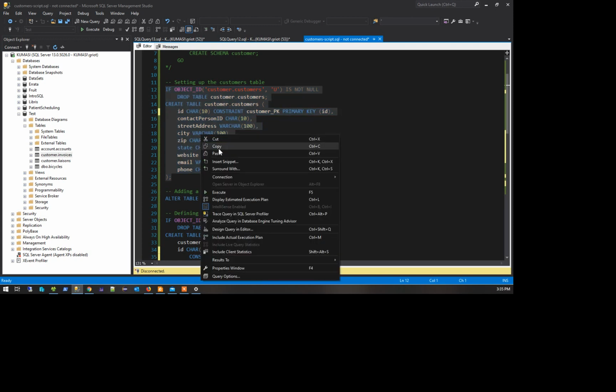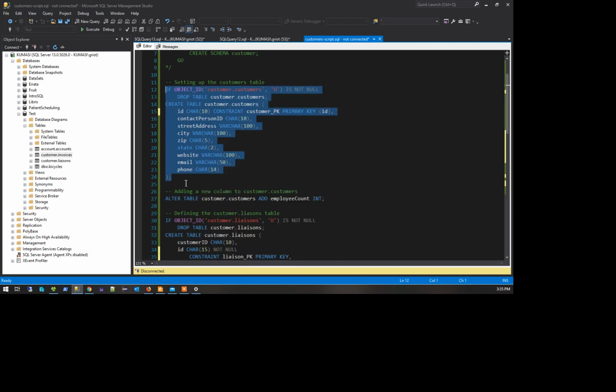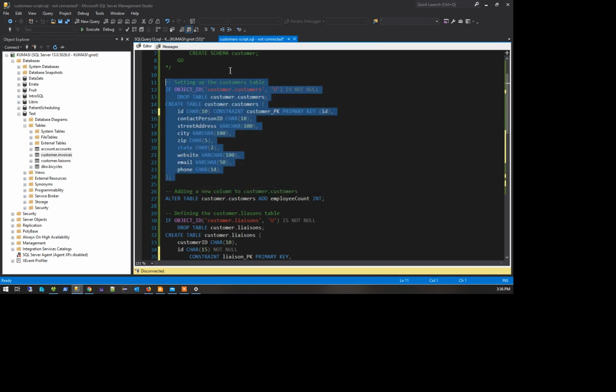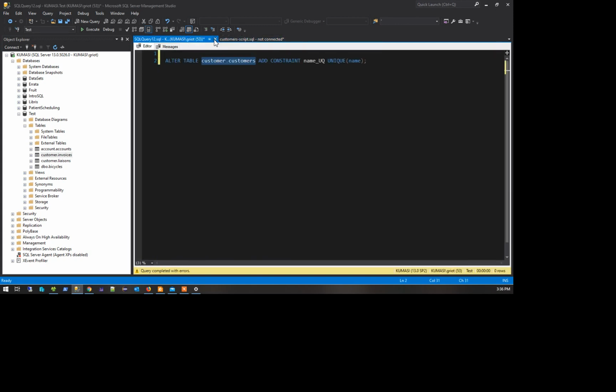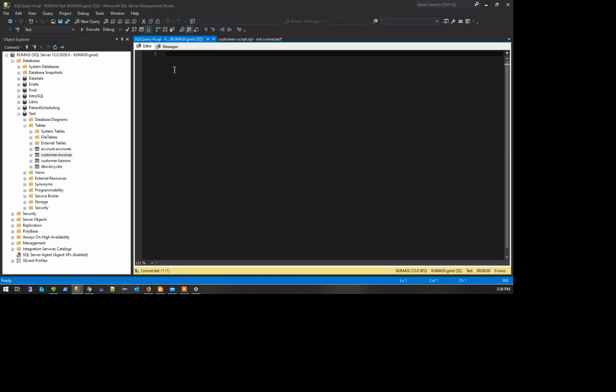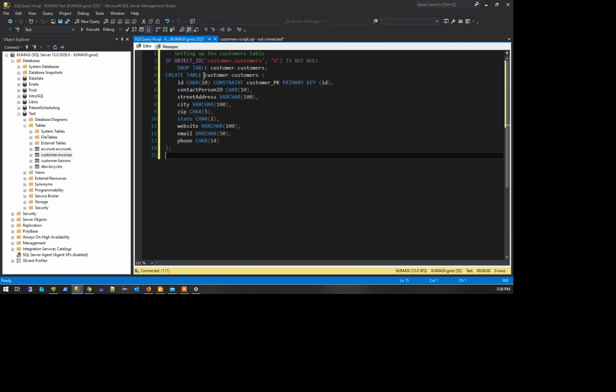And now I'm going to copy this. One reason why I'm going to copy this is I'm going to make all kinds of changes here, because you've now seen where all of these constraints are piling up. And today I'm going to play with unique constraints. Okay, so I'm going to go new query, and I will paste this in here. And why am I pasting this in here? I'm going to change this